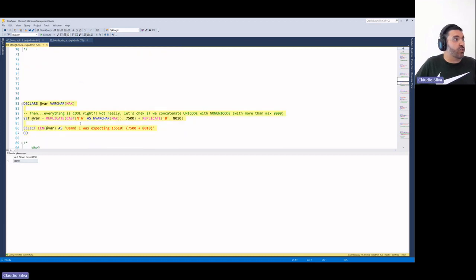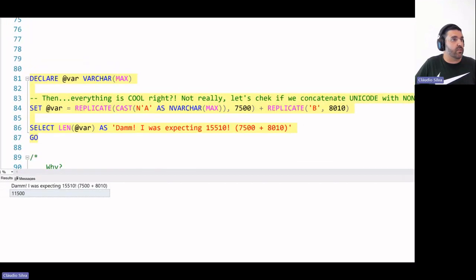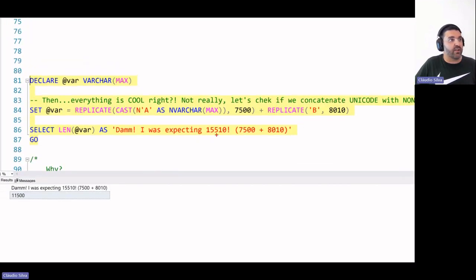Then here, I just want to show that everything should be fine because we are concatenating this NVARCHAR max with 7,500. And if I use another one to concatenate the 810, see that the outcome of this, instead of being 15,510, is only 11,500.